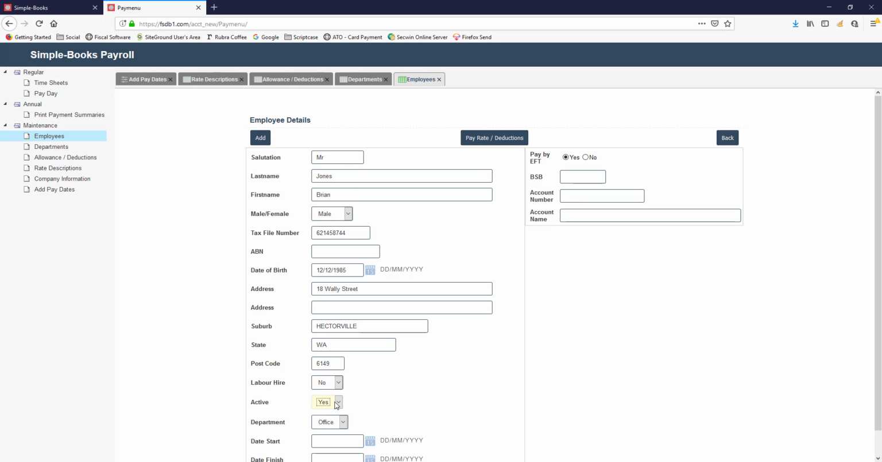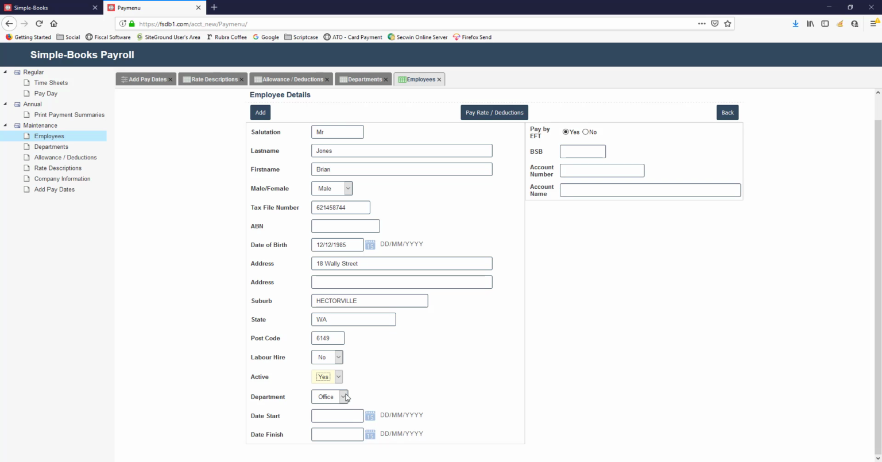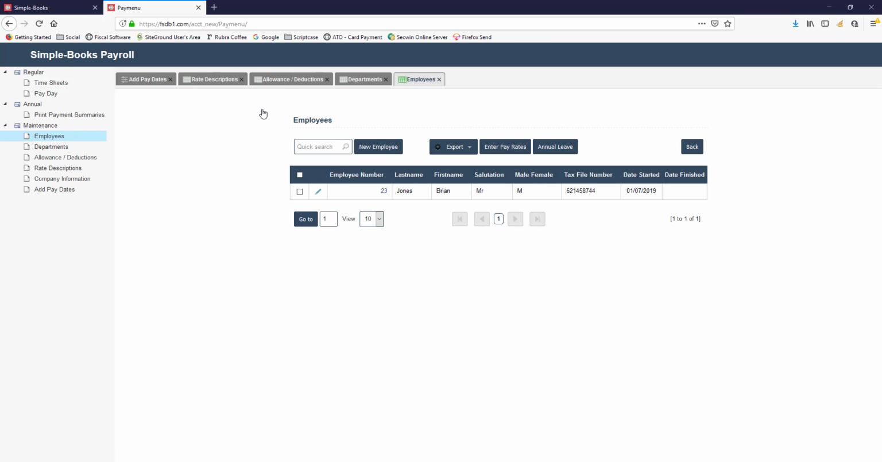Now the active is yes or no. If the employee leaves at the beginning of the next financial year, you would change that to no, just so it doesn't appear on worksheets, and we can say they can work for the office or the yard, and we'll put in a date that they started. You can put in banking information as well. We'll deal with that a little later, but we'll add the employee,